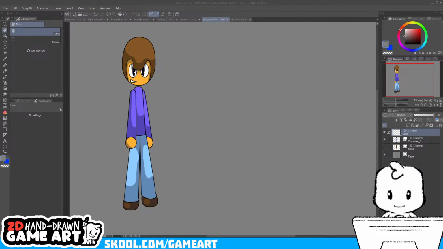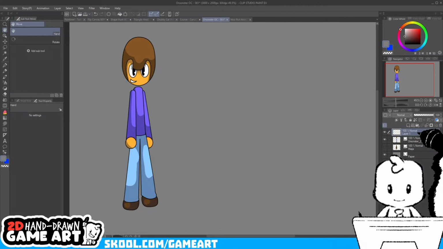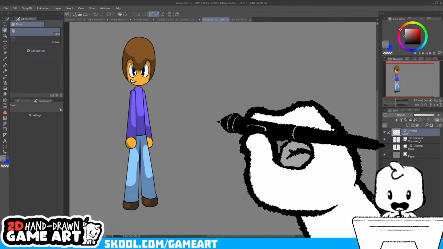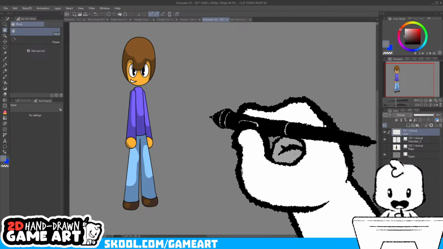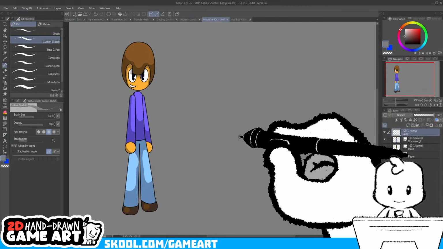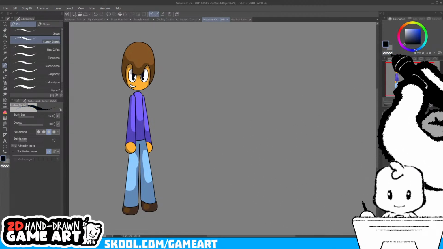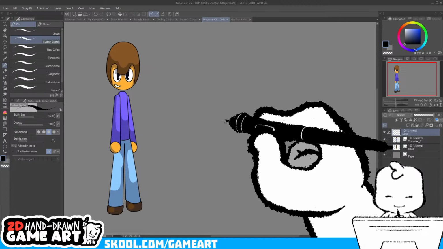So today we have some requests from the Discord and also the art membership. This character on the screen is from the Discord. Orsinster, if I'm saying that correctly, has submitted this character and they just asked me to redraw it. There's no real restrictions on this. I think we could do whatever style we feel like going for.